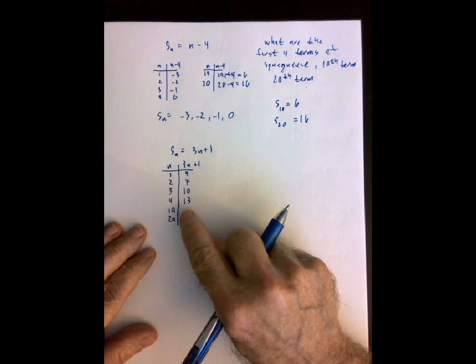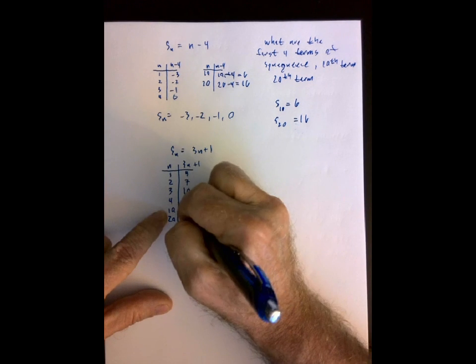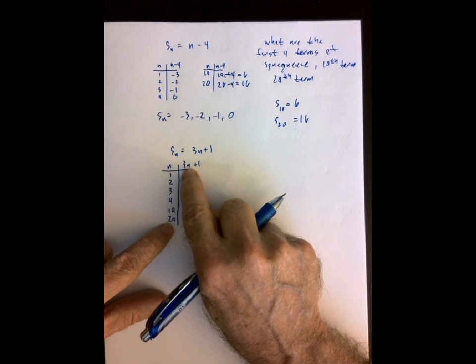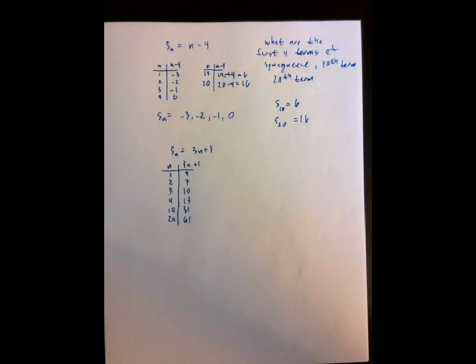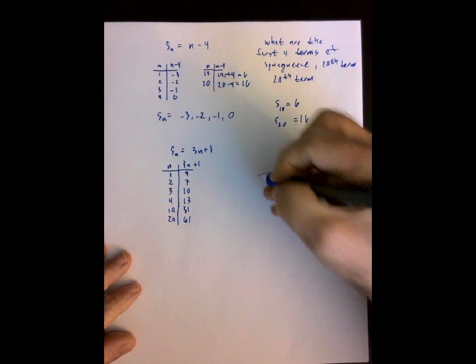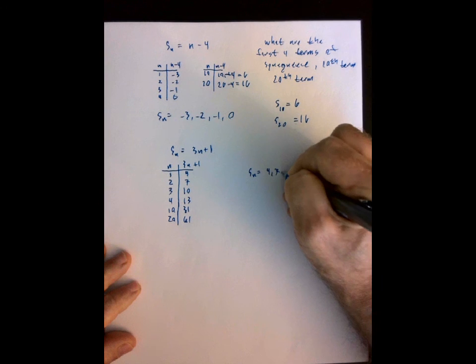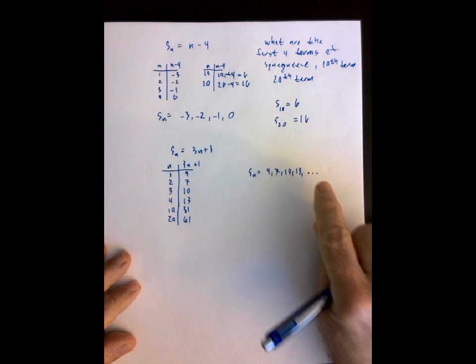Okay, now the 10th term, 3 times 10 is 30, plus 1 is 31. The 20th term, 3 times 20 is 60, plus 1 is 61. So when we write it out, now you're going, oh, that's just a t-table, Mr. Waters, but the way we write out the answer for a sequence, for the first 4 terms, we will write S of n is equal to 4, 7, 10, 13, and then I'm going to put dot, dot, dot